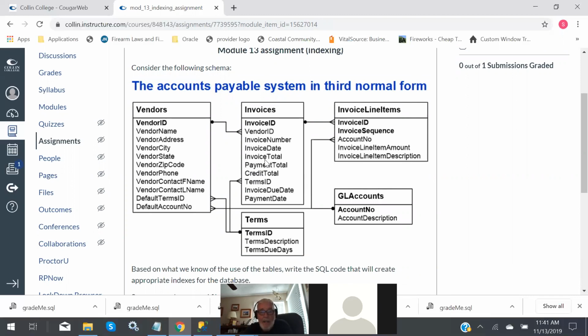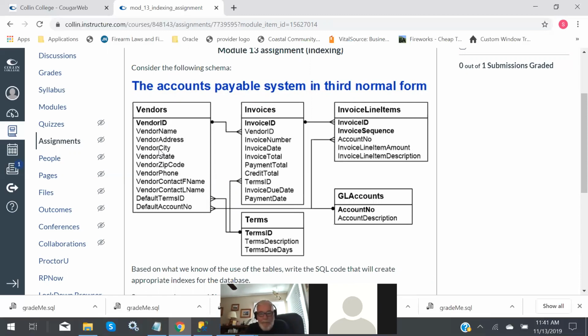Hint, hint, I would not. Why would you create an index on vendor city? Well, you're allowed to make something up because we search on that a lot. So I'm going to accept that, but I am going to ask that you, with it, say why you